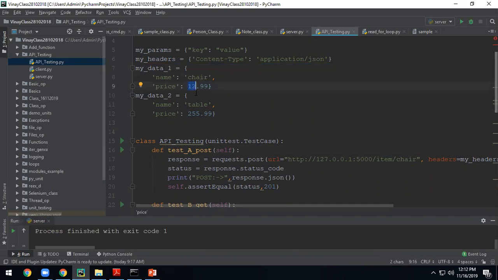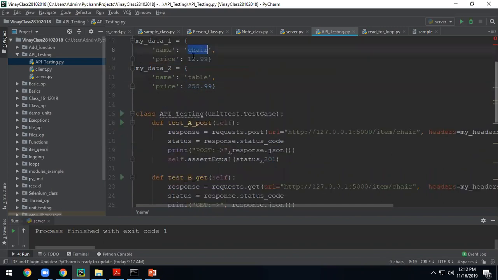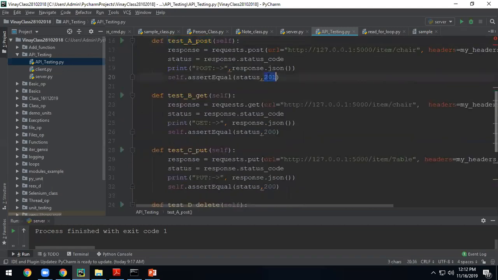When you are doing it the first time, you are going to store this. Or you have added this product. After that, you check the response from the post. You should get a response of 201. That means the status is success. That is what you have to follow, the standard request and response.